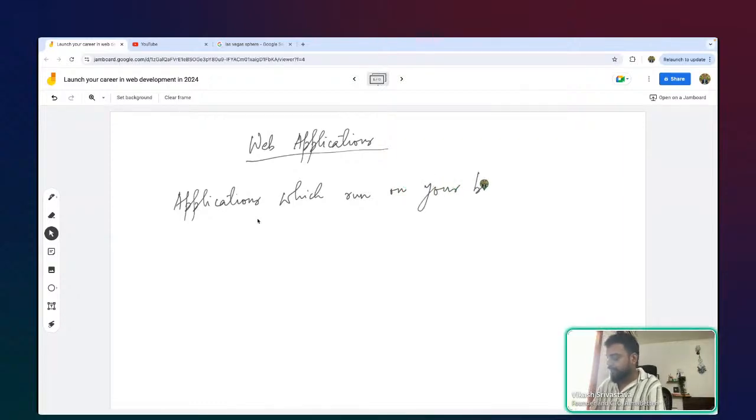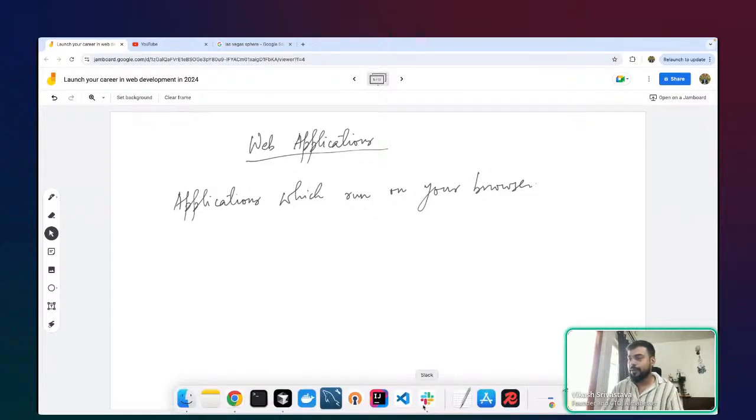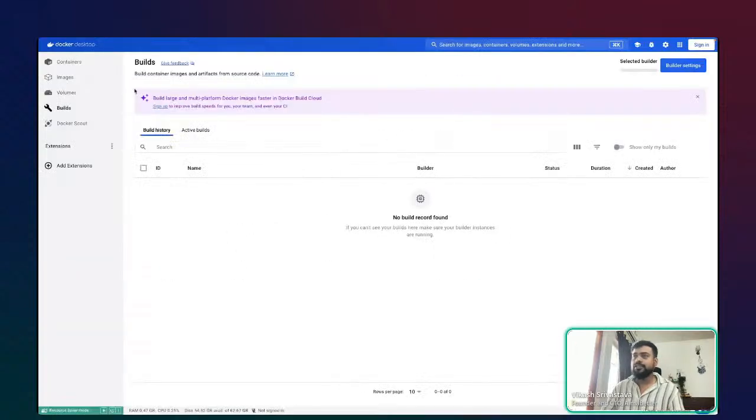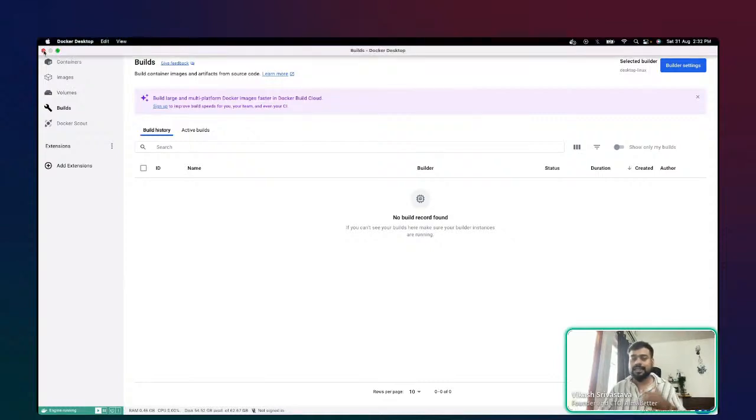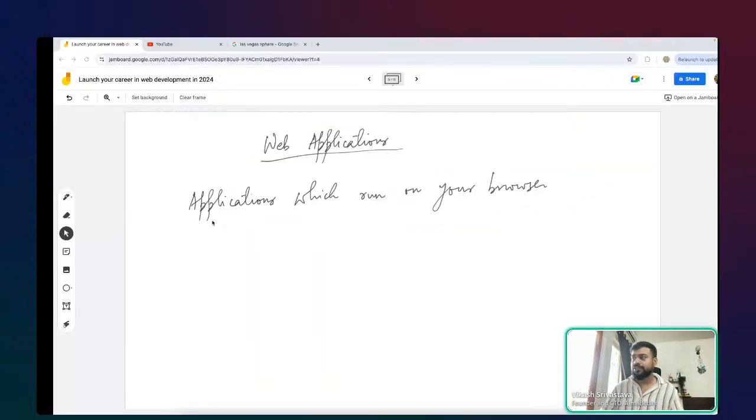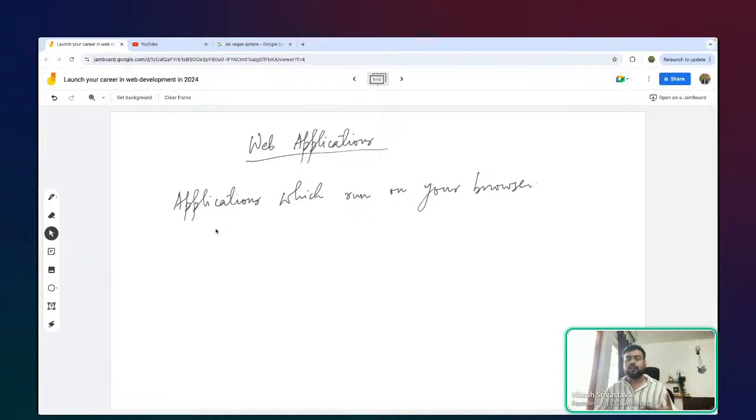Okay. So let's say I have a software called Slack, right? It is a desktop app, or maybe I have something called Docker, which is also a desktop app. But this is not strictly a web application. Of course, it definitely has access to the internet, and it's getting or sending data over the internet. But this is an example of a desktop application. It's not purely a web application. And it might require a slightly different tech stack to develop as compared to your regular web applications, such as YouTube, right?